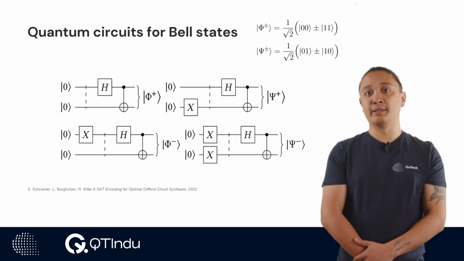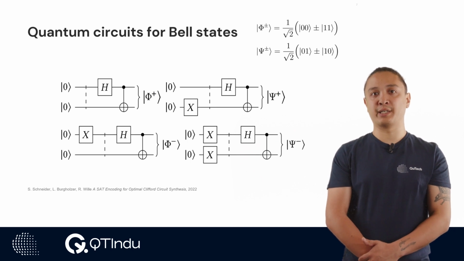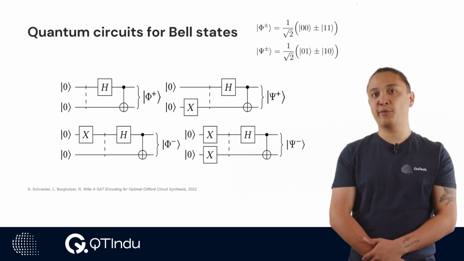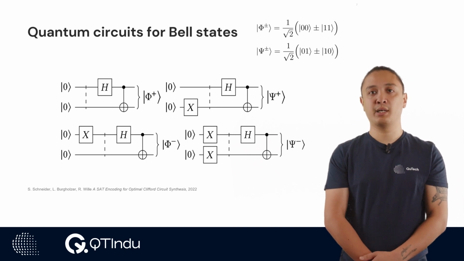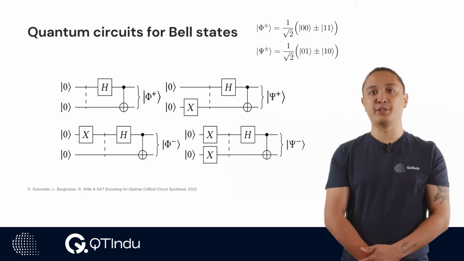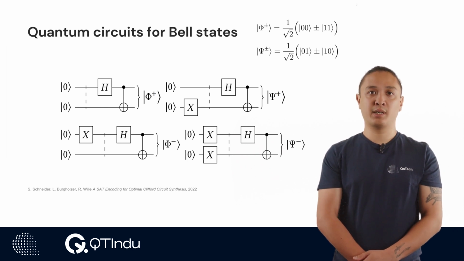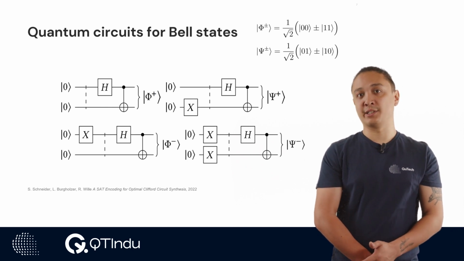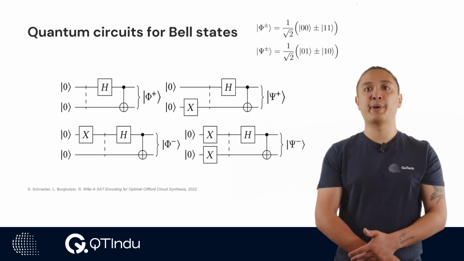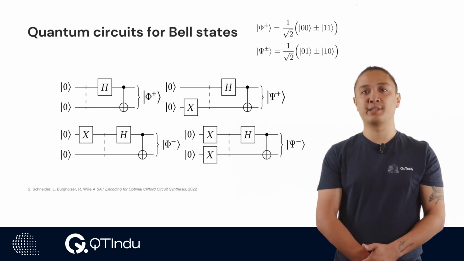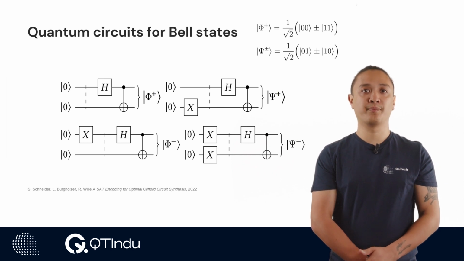In this slide, we present the quantum circuits used to generate the Bell states. Here we see 4 different circuits, each corresponding to their respective Bell state. The main components we need to generate a Bell state are the Hadamard and CNOT gates. Before the dashed lines in the circuits, we use a different combination of X gates to prepare our qubits in the 4 basis states of 00, 01, 10, and 11.